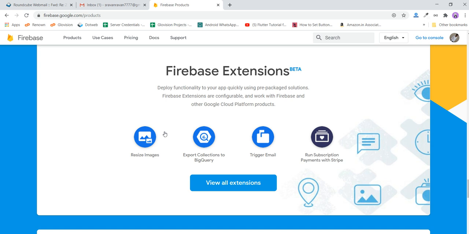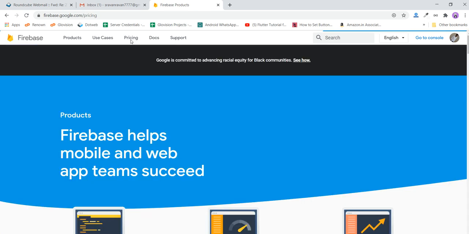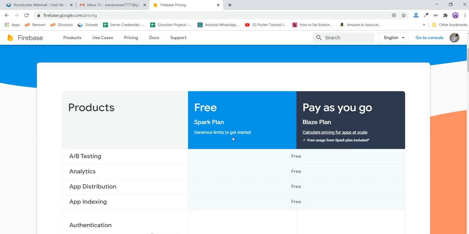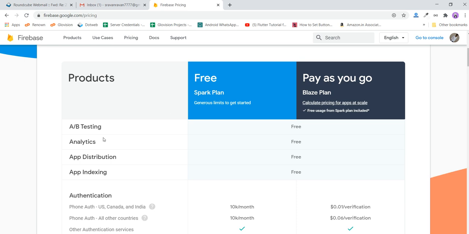But is this free or is it paid? In this, some of them are free, and some of them have some limitations. So what are the limitations? We can check here now. See, there is a next tab here in this website itself. This website link I'll share in the description. So here, Pricing.